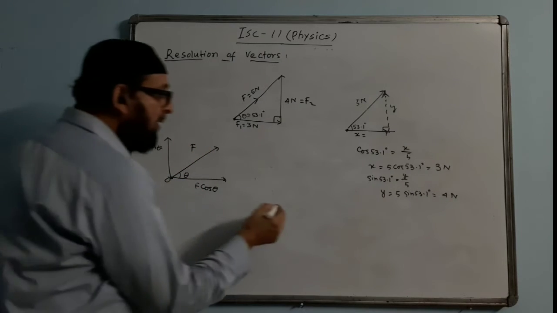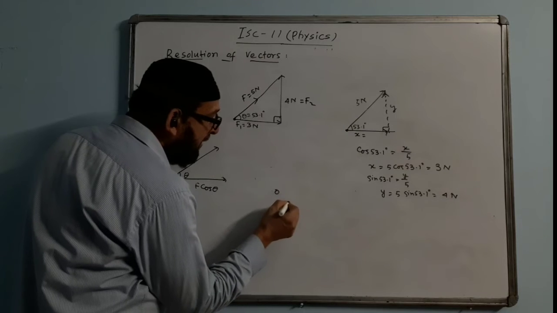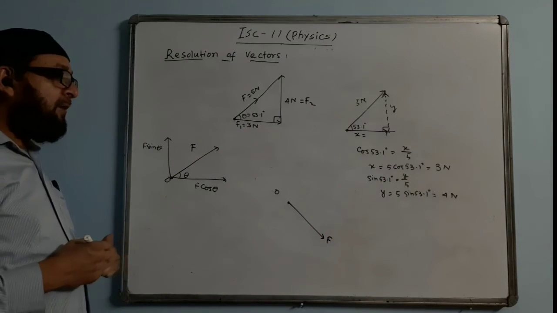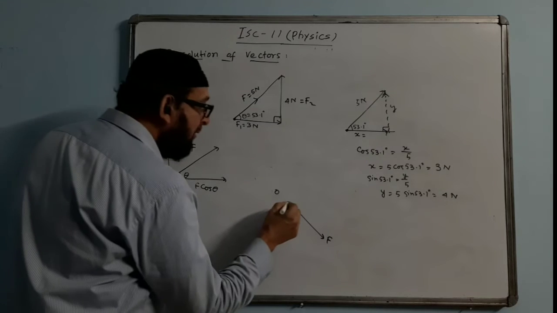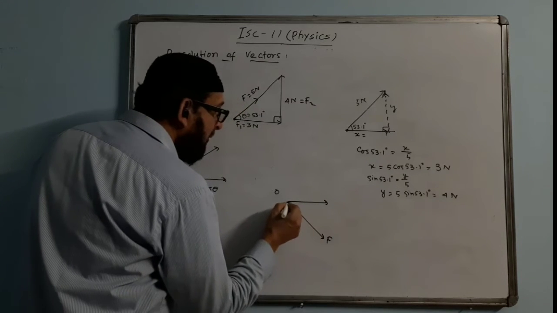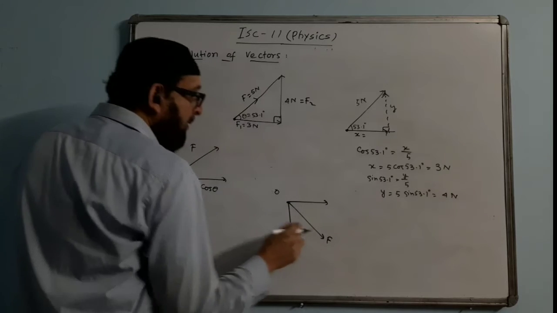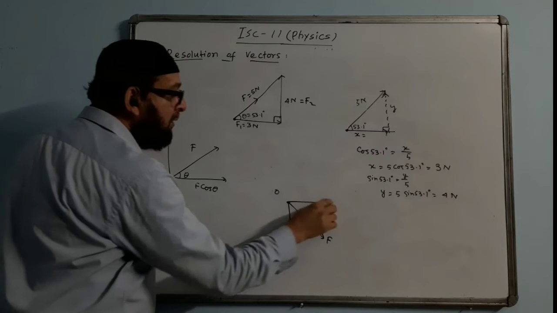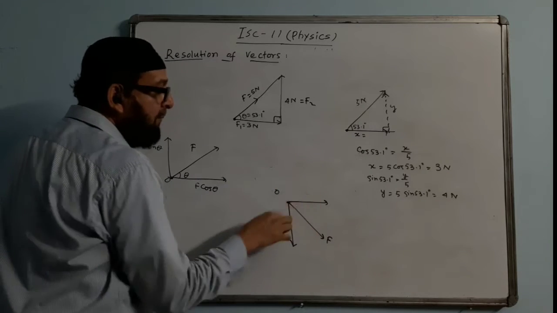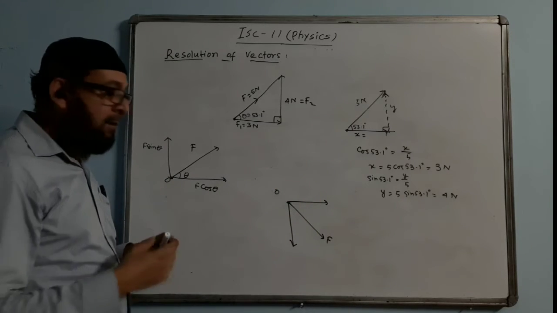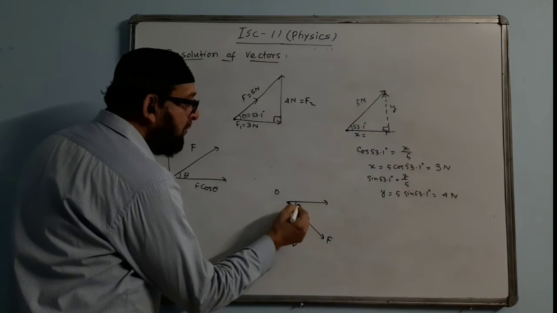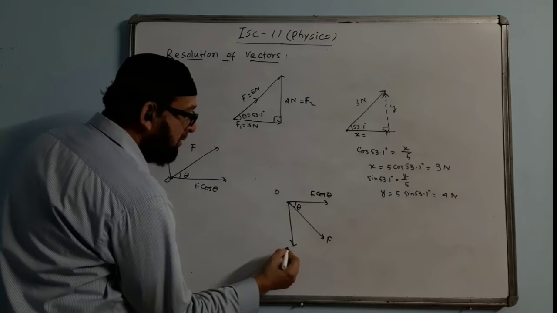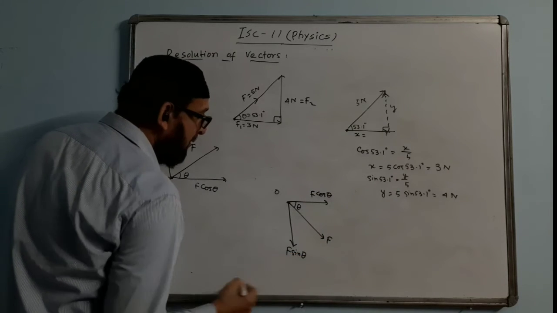That way. Similarly, suppose we are having a force acting in this manner. This is the force F. What to do? You can break it into two components, horizontal and vertical. This is horizontal and this is vertical. Keep the force vector in between horizontal and vertical. Don't draw horizontal here and vertical here. The force has to be in between the two of them. If I mark this angle to be theta, what is the value of this component? This will come F cos theta, this will come F sin theta.